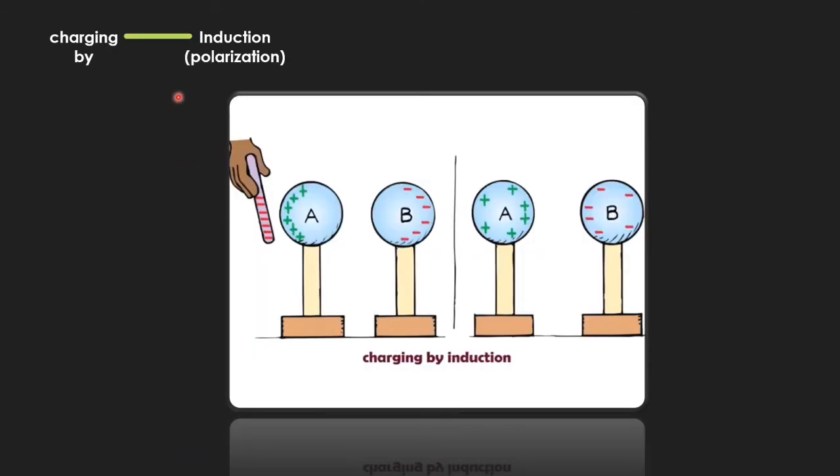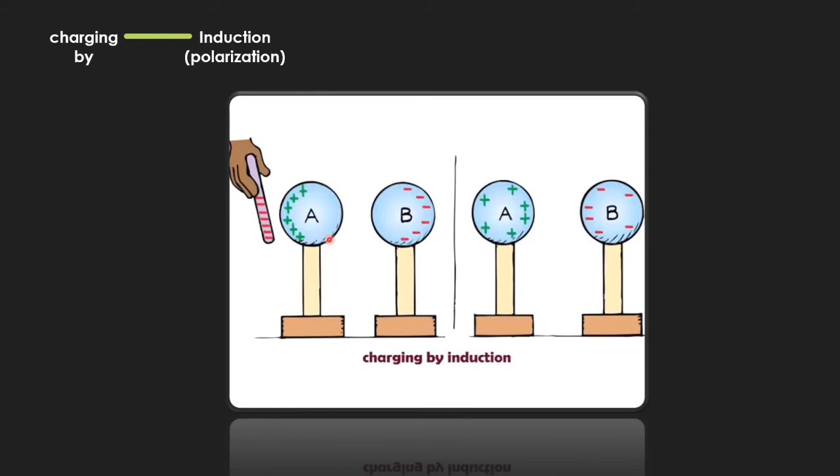So, charging by induction or polarization. In this case, there are two spheres, and when a negatively charged rod is brought near but not in contact with the sphere, the positively charged particles are actually attracted to the negatively charged rod, while it separates the negatively charged part of the sphere into this side, while on the other sphere also, when this one is already negatively charged, all of the positive charge in the other sphere will also be attracted to the other